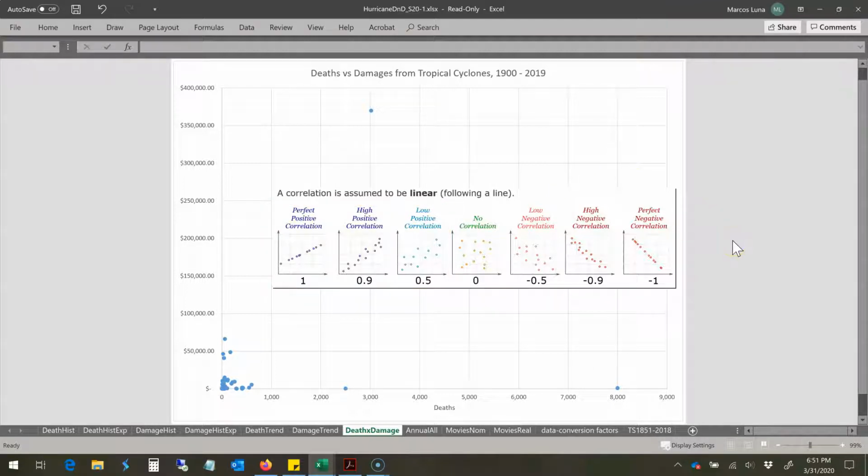The alternative would be what's called a negative or inverse relationship, and it would be the opposite of that, where the line or a cloud of points would run from the upper left to the lower right, and that would mean that as one value, let's say damages, went up, deaths went down, or vice versa. When deaths are up, damages are down. So one of those two situations would tell us, one, there's a relationship, and two, would be somewhat indicative of